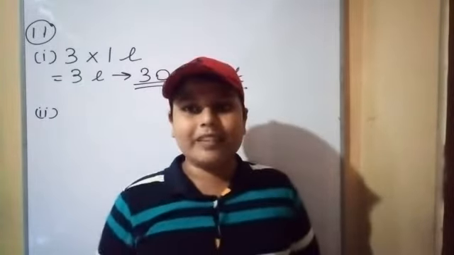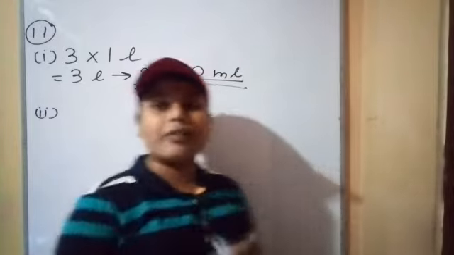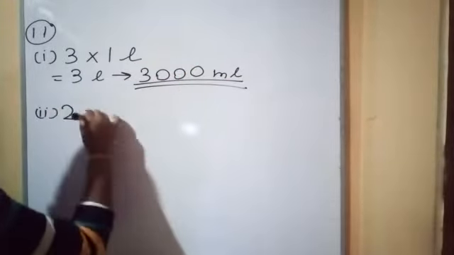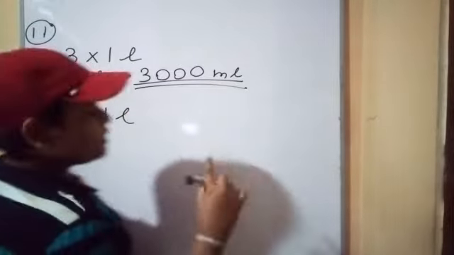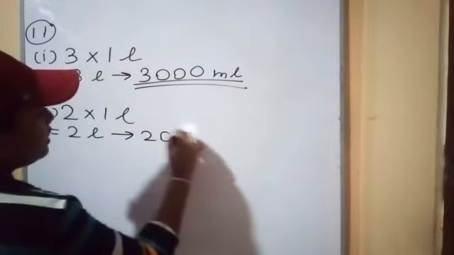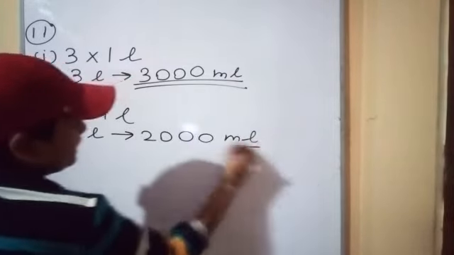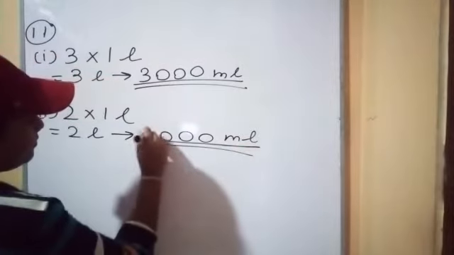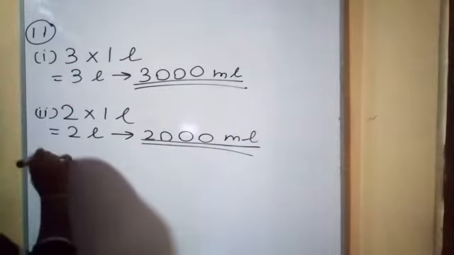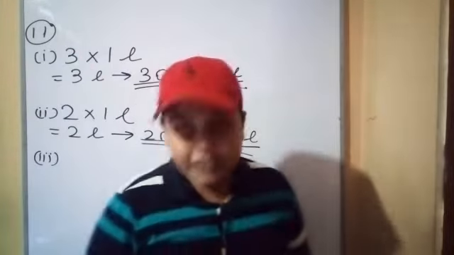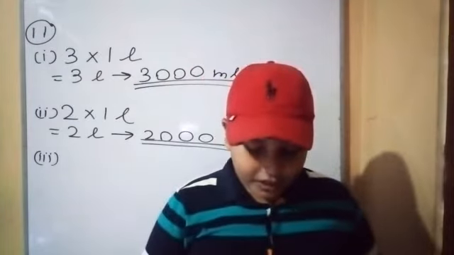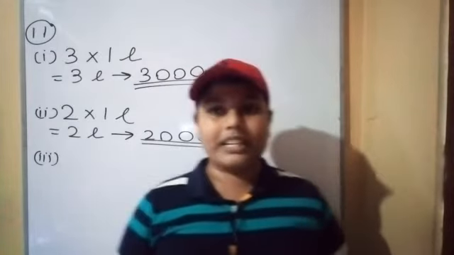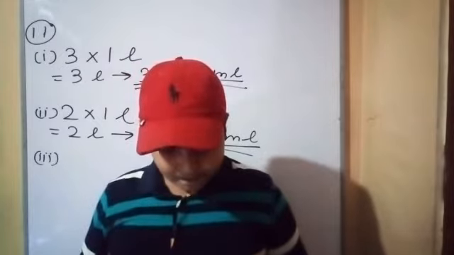Second one. What is the amount of pineapple juice mixed in milliliters? 2 bottles of pineapple juice that have 1 liter. So 2 multiply 1 liter, that means 2 liters. 1 liter is 1000, that means 2000 milliliters. Third one, if 4 liters of water is added to the mixture, express the total amount of mixed drink in liters and milliliters. You want to find the total amount.